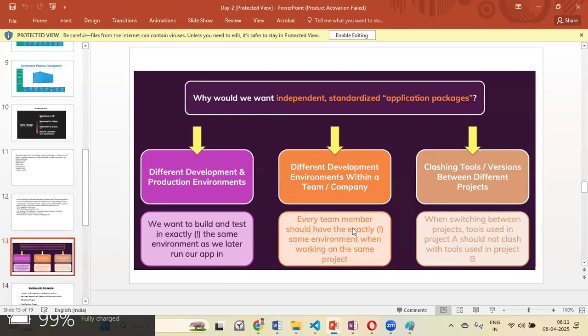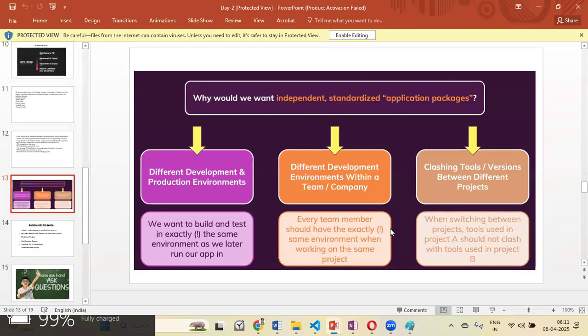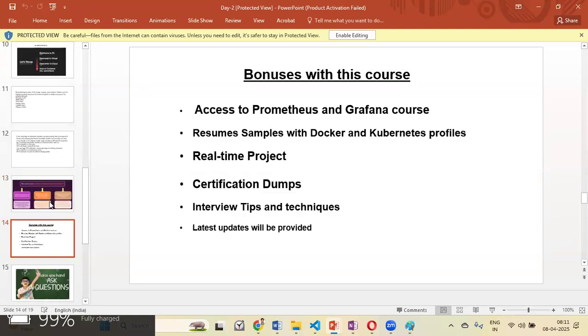There is something called a Dockerfile. We write the instructions in declarative format, and we tell Docker to build exactly the way we specify, so that wherever you have the Dockerfile with the necessary code, it will be standardized, no meddling between. Similarly, there are tools, and multiple tools cannot clash because you have isolation between containers and other things.